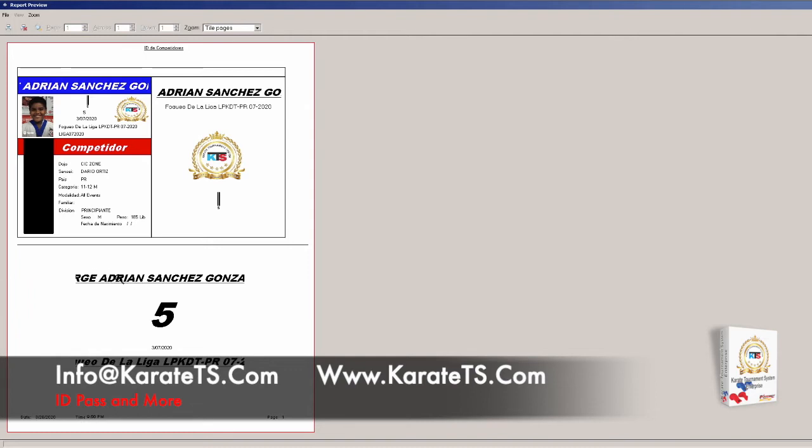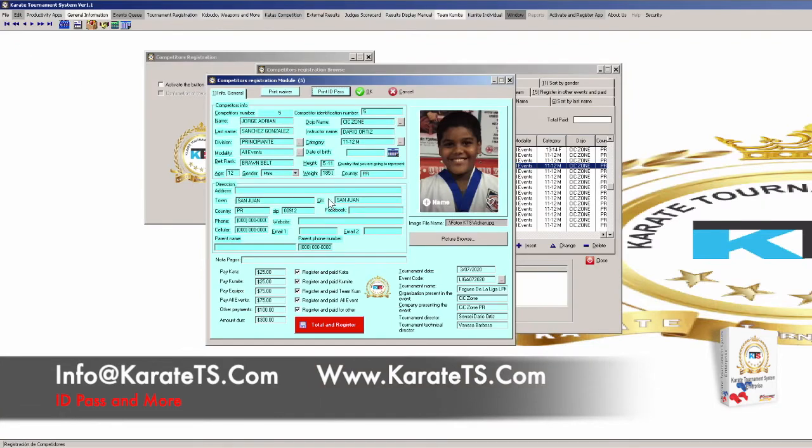Plus, it will give you this little area, which is just a little banner you could stick in the back of the competitor, if he's going to be using the paper that you put in the back of the competitor in your event. Then you're done. That's for the competitors. I don't want to go too much over this because we already did this in a